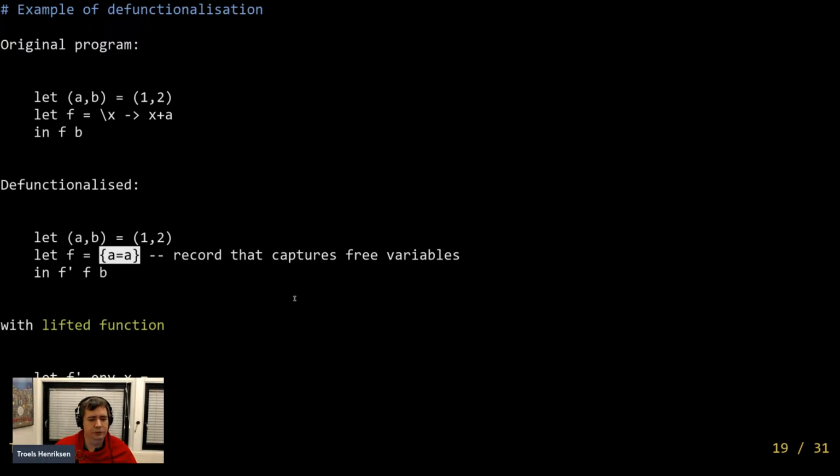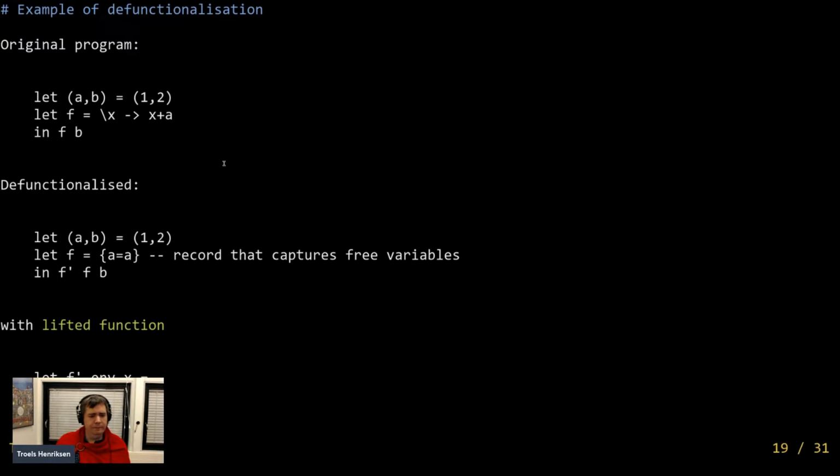That's just a tuple, you can say, that captures the free variables of use, just the a here, and then the application here becomes a call to a lifted function that is provided the closure here, and then the argument, and the lifted function then extracts the free variables from the environment, and then it just does what the function was supposed to do. And this works out quite nicely.